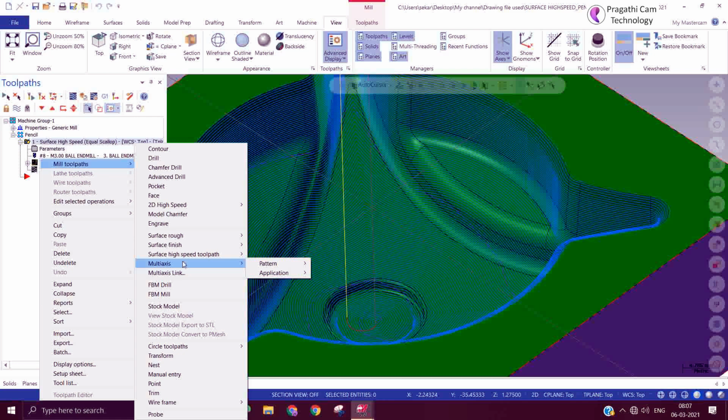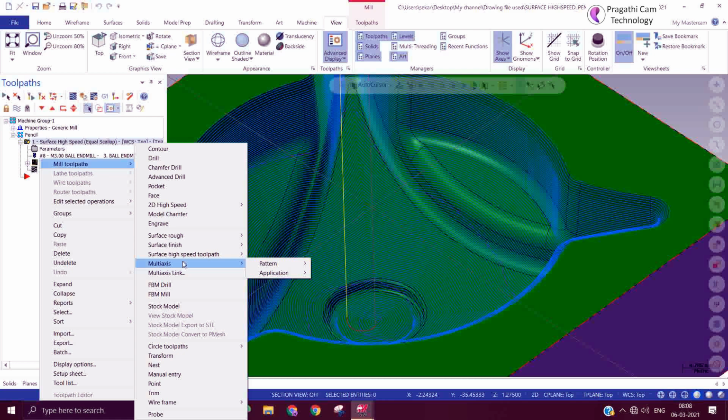For that reason, this cannot be explained to you online. It needs a different kind of training. With this, we have seen 2D and 3D toolpaths.